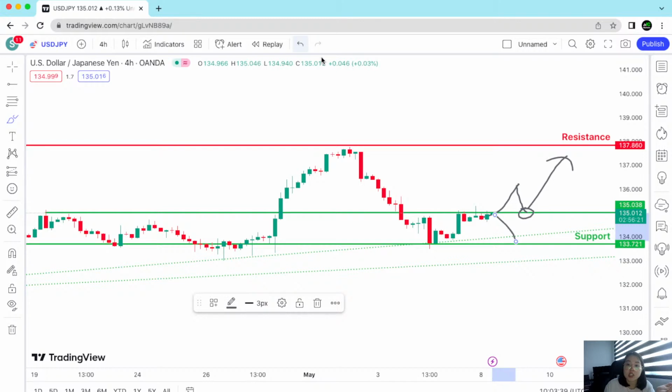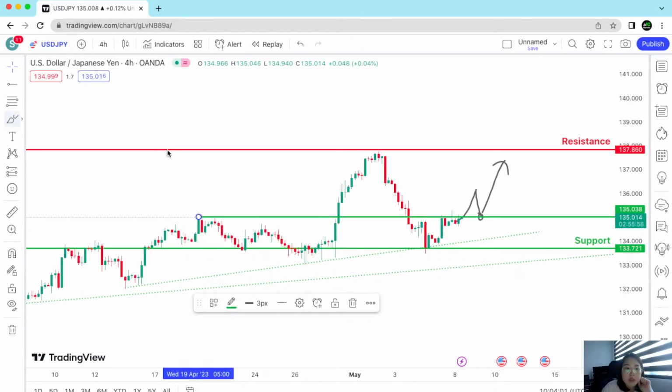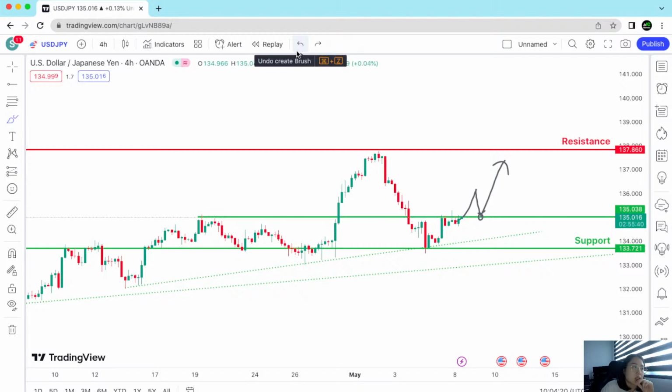If price were to break out, come back and retest but fail the retest, for example, if at the retest, instead of turning back here, it actually goes down lower, that is a failed retest, and that is telling you as a trader, do not get into this. The breakout was a fake out. Do not get into this. So once you satisfy this condition, you should be okay for a buy.